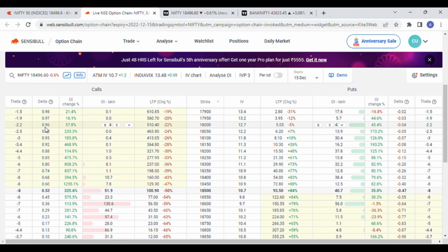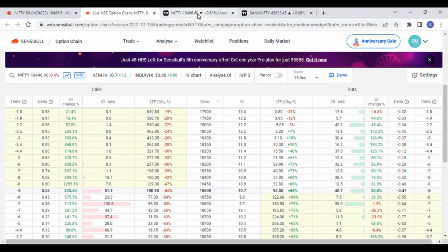Theta, as you might have understood, depends upon the expiry day and also the option strike price. As it comes close to the expiry of its respective expiry date, because of theta, the premium price starts decaying. So now coming to delta,